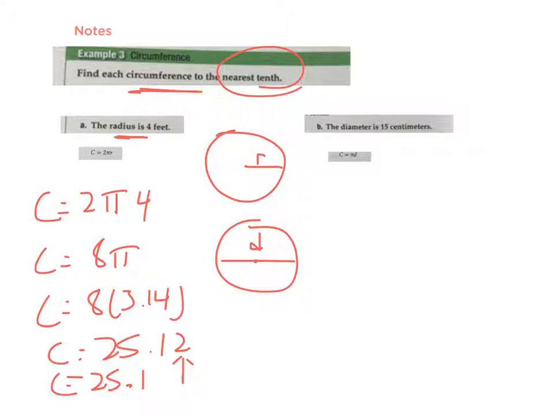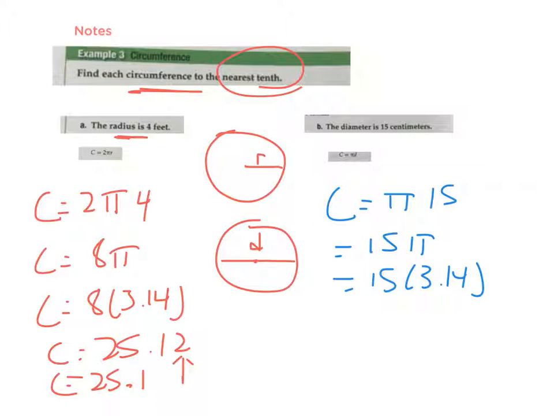Now let's look at our diameter type of question. I'm going to take my circumference and pi times the diameter, which in this case is 15. So I have 15 pi, or 15 times 3.14. And if I do that math,